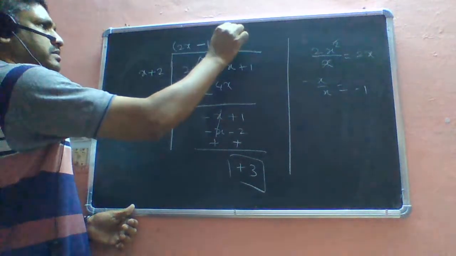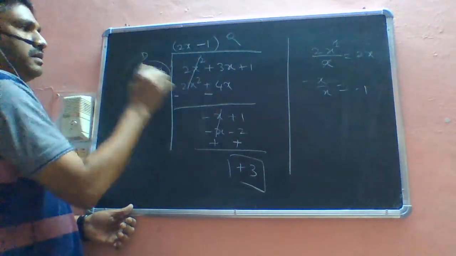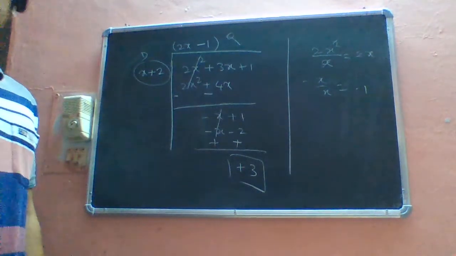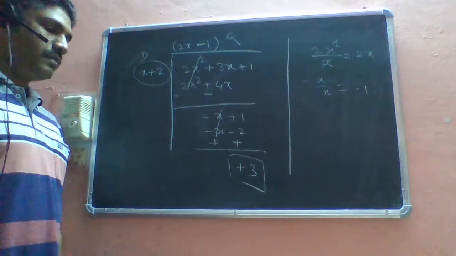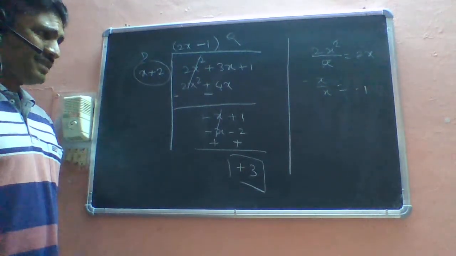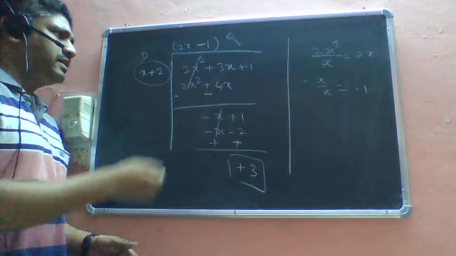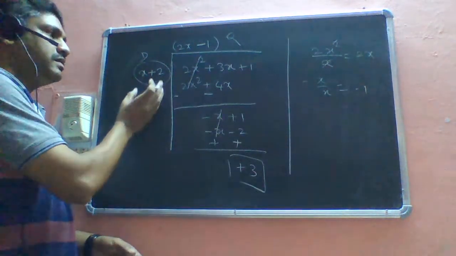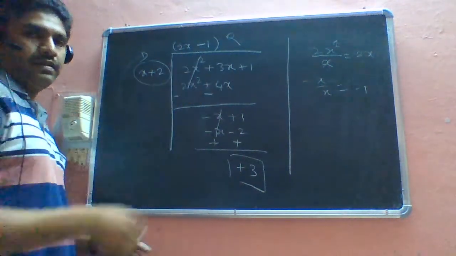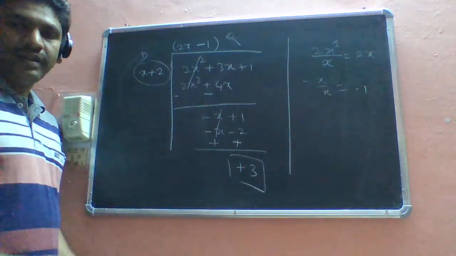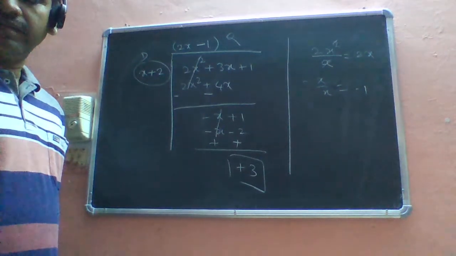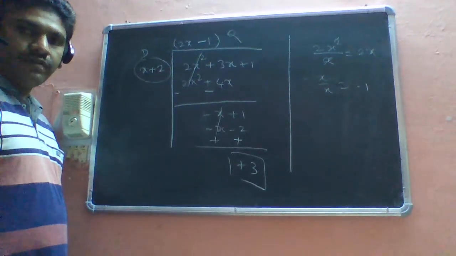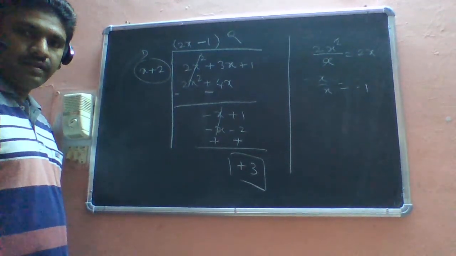This is my quotient, this is my divisor, this is the dividend, and this is your remainder. Okay, so in this way you have to find out the division algorithm. From such an example, you can find out whether the given polynomial by which we are dividing is a factor: if it gives the remainder 0, then this polynomial will be a factor of the dividend. All right. There are so many examples like this, and in the next video I will tell you how to solve exercise 2.3 of the same chapter. Okay. Thank you.